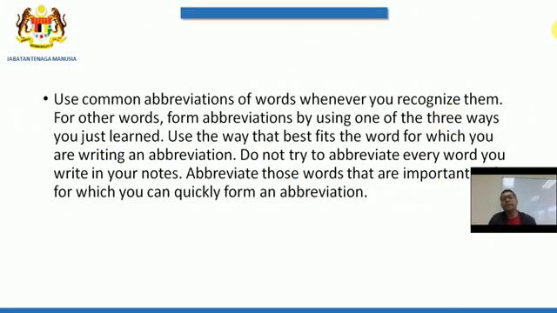So use common abbreviation. Awak gunakan singkatan yang common, yang biasa of words whenever you recognize them. For other words, form abbreviation by using one of the three ways you just learned. Untuk perkataan yang lain, you use the three methods for you to make a form of abbreviation, untuk membuat perkataan itu lebih ringkas. This is very useful, sangat berguna when you jot down notes, when you take notes from the teacher in class,